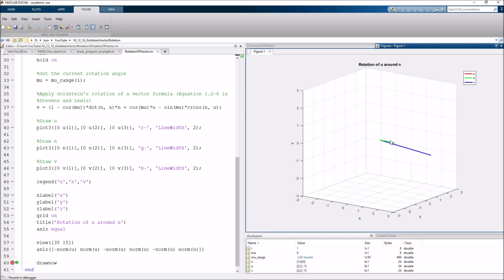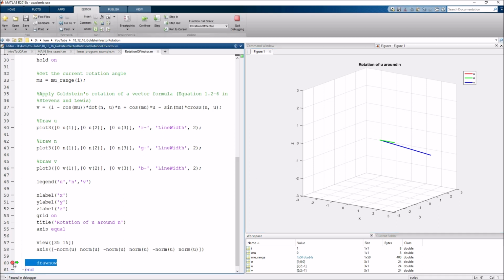As you can see right here, for mu equals 0, both the red and the blue line are on top of each other because we haven't rotated anything around the vector n. The n vector, the way we defined it earlier, is just around the x-axis. So we should see this blue line start rotating around the green line in a left-handed sense. Let me take off the breakpoint here and continue running, and there you go. You see that it's going around in this